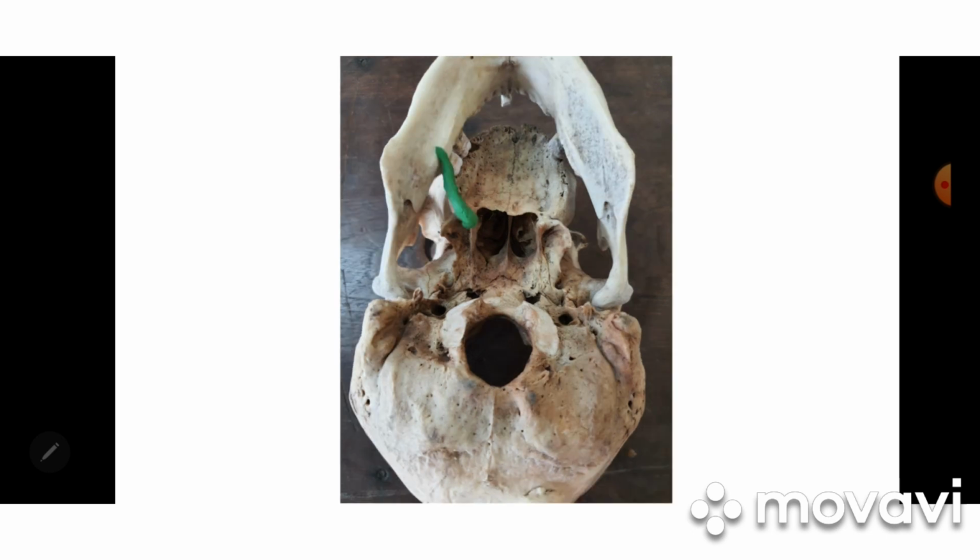A fibrous ligament or band extends from the pterygoid hamulus to the inner surface of the mandible behind the third molar. This is called as the pterygomandibular raphe. The anterior part of the pterygomandibular raphe is going to give rise to the buccinator muscle, whereas the posterior border of the pterygomandibular raphe will give rise to the superior constrictor muscle of pharynx.